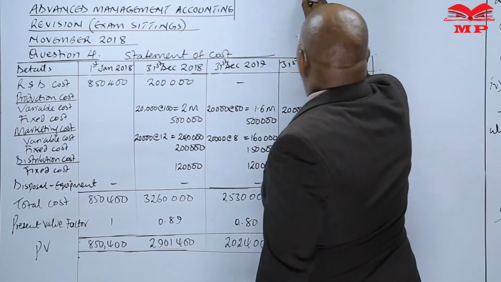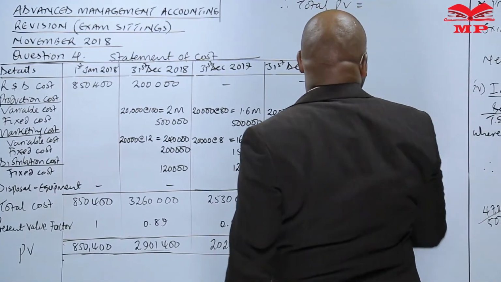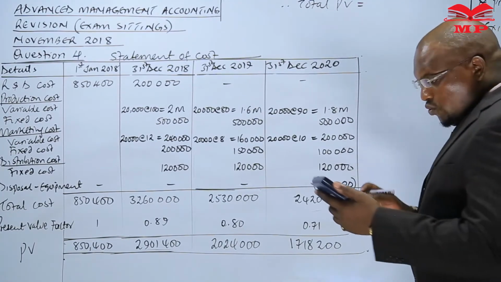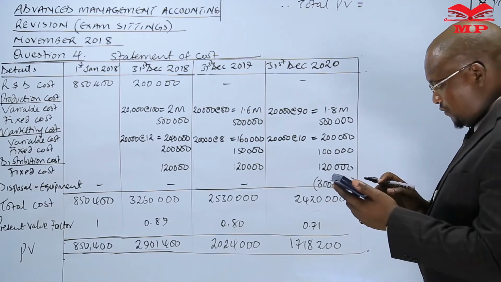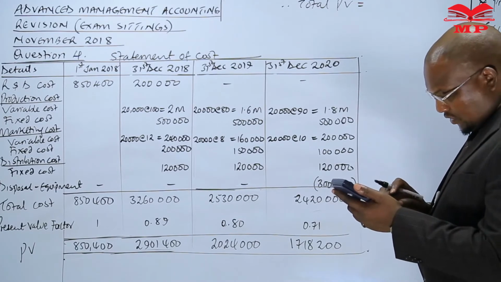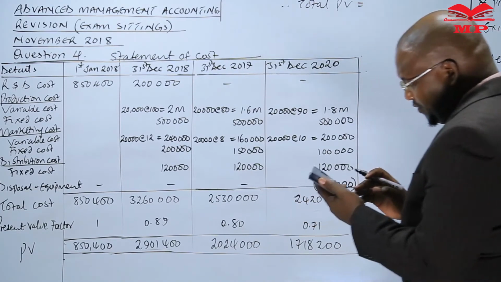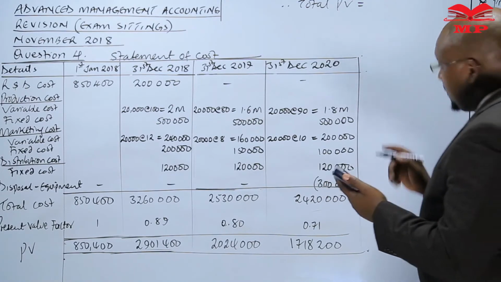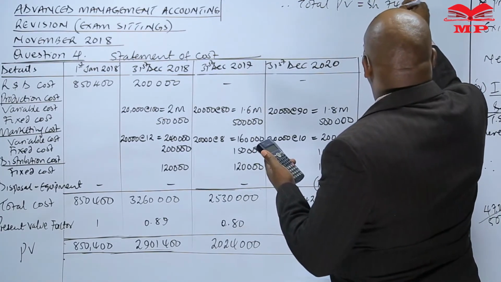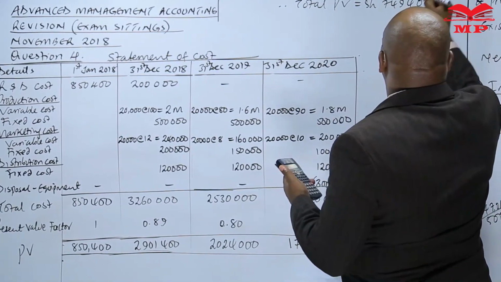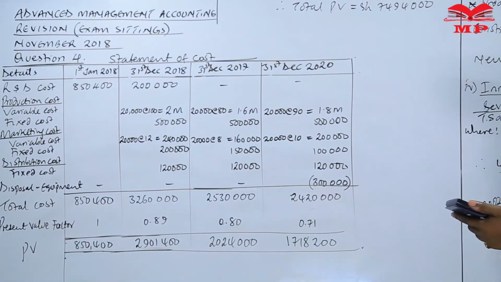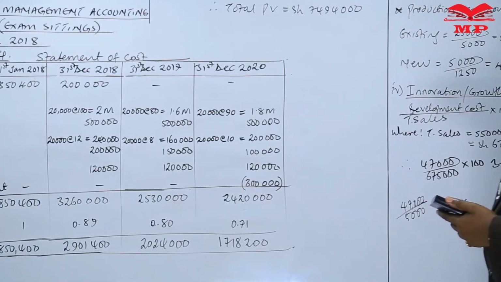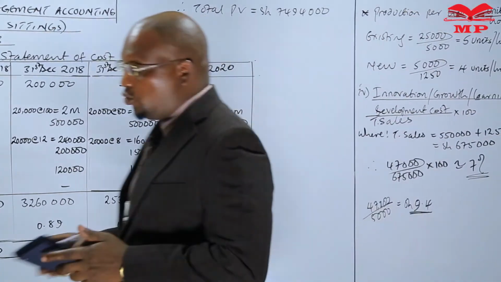So you can see that therefore total present value we need to add. And as we add all these, we'll have plus this 1,718,200 plus 2,024,000 plus 2,901,400 plus 850,400. This coming to shillings 7,494,000. Total present value of the whole of this work within the 3 years shall be 7,494,000. So looking at what we were asked,